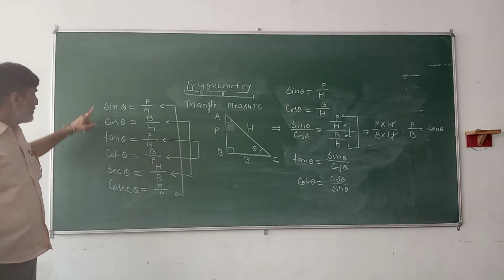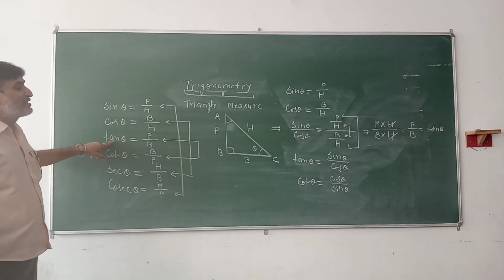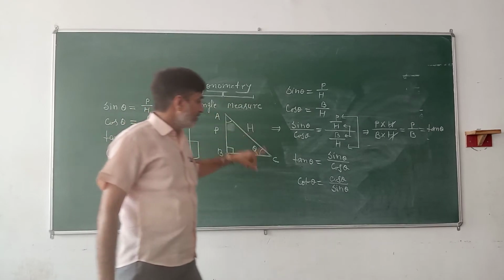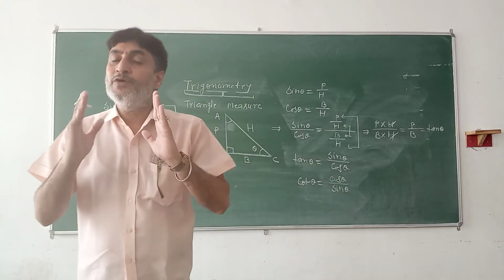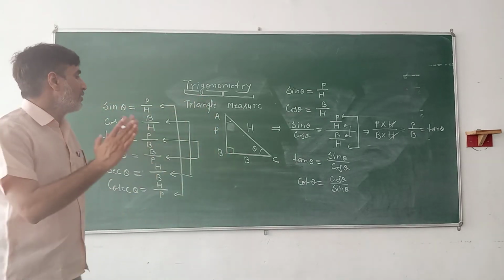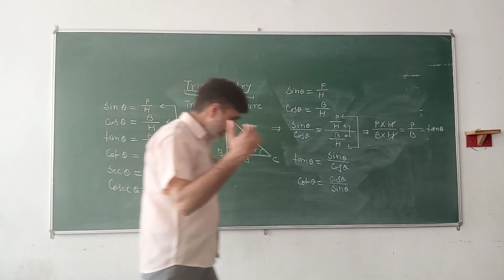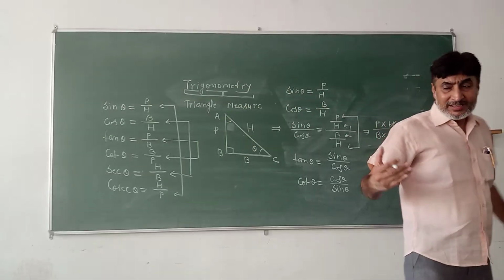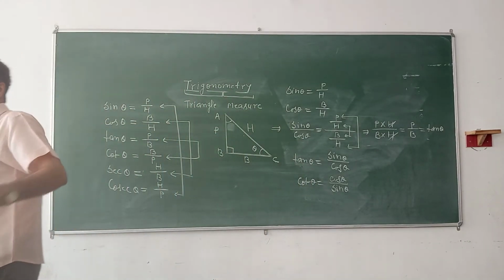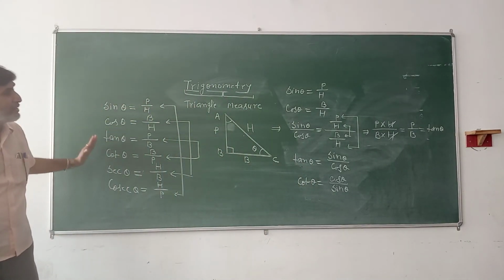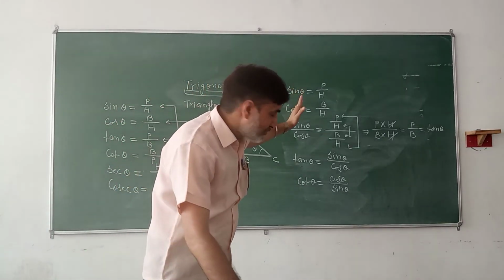If cot theta equals 3 by 4, certainly tan theta becomes 4 by 3. One more relation between sin, cos, tan and cot: tan theta is always equal to sin theta upon cos theta, and cot theta becomes equal to cos theta upon sin theta. So now let us try to understand these six trigonometrical ratios with the help of an example, how we can apply them in different types of problems and questions.